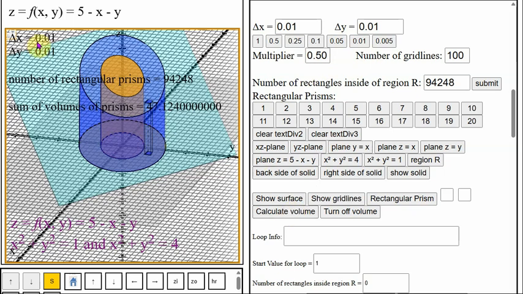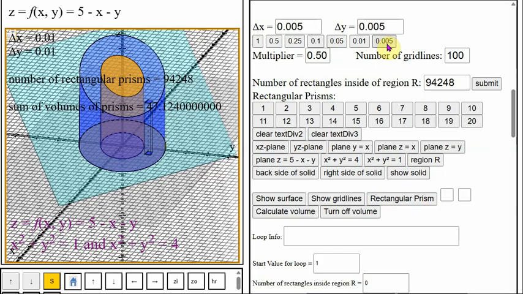And so when the length and the width of each rectangle is 0.01, then there are about 94,248 rectangles inside of the region R. And the sum of the volumes is 47.124. And then now I'm going to go even smaller,